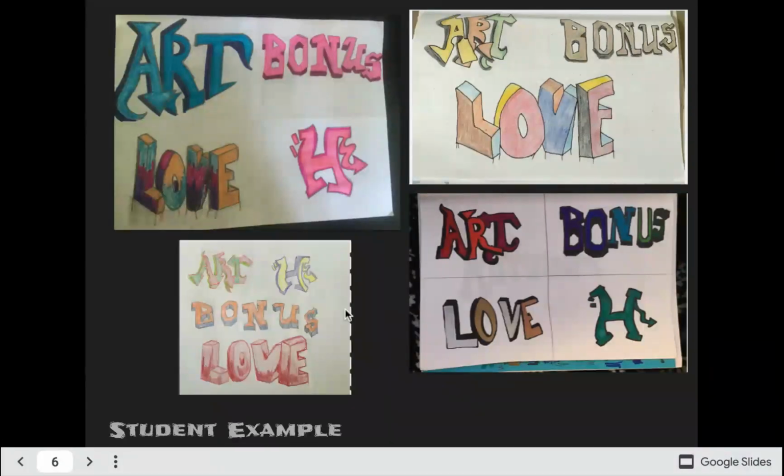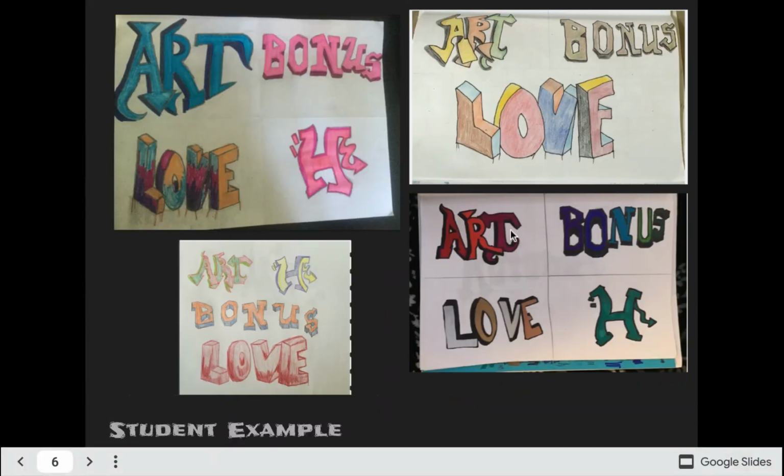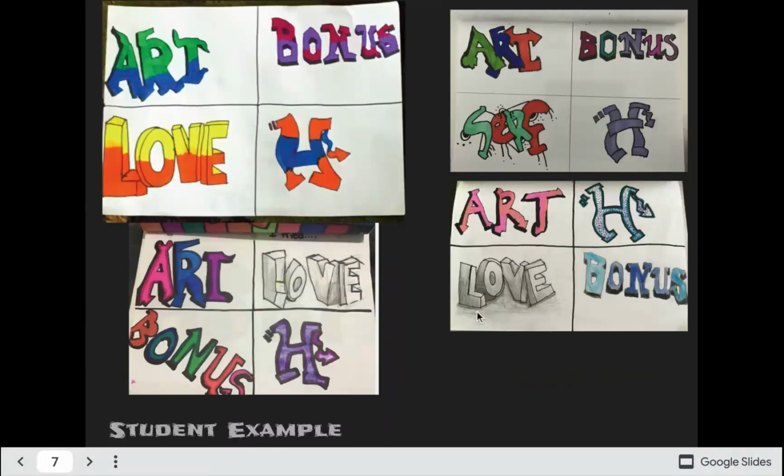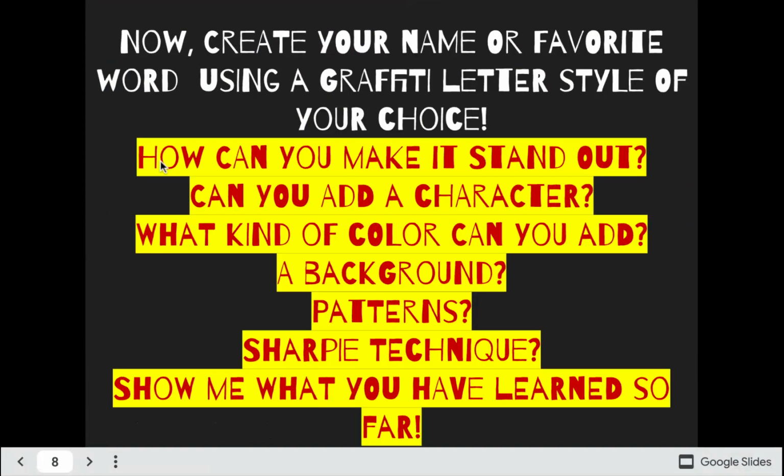So here you can see student work, different ways they did examples. Again, some did colored pencil, some mixed. I don't care. Colored pencil, Sharpie, marker, you choose, whatever. Here's some more examples of student work. So this is what I'm looking for for full credit. Again, I'm not looking for perfection. This is practice makes better. That's the whole point. But notice the styles that they put into their letters and their words. Looks really, really great. A lot of them did the love video and then they did it with shading with pencil. Most of them did the love video.